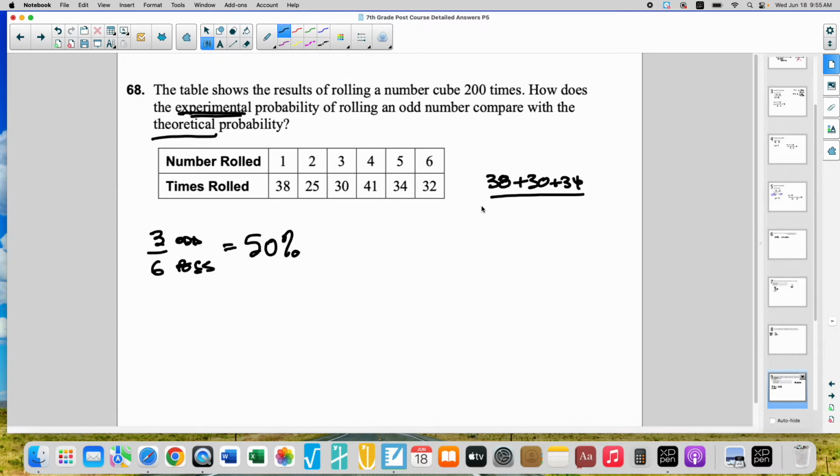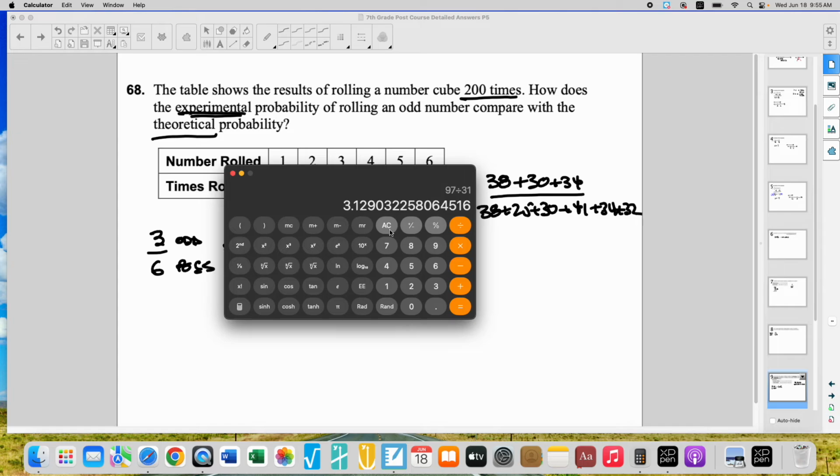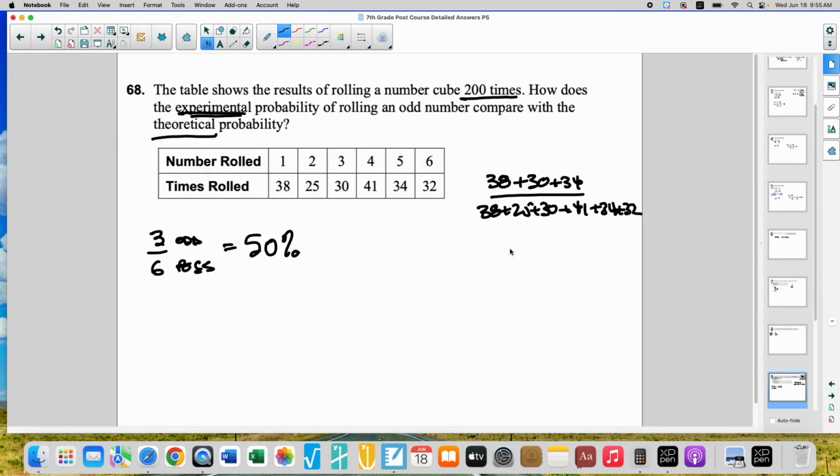The total is 38 plus 25 plus 30 plus 41 plus 34 plus 32, which I think is 200 rolls, but we'll do the math real quick so we're accurate. Let's do the numerator. 38 plus 30 plus 34 gives us 102. 102 out of